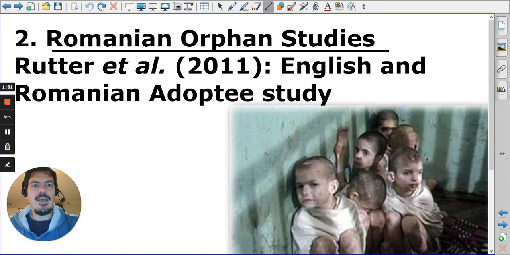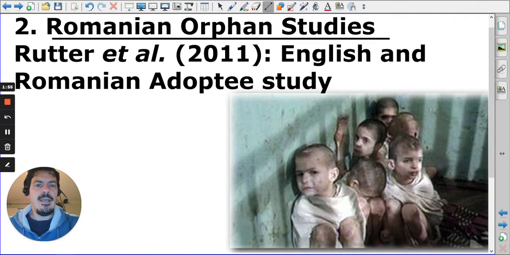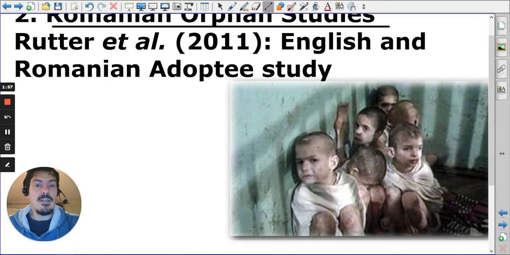Now, of course, a key person in this is going to be Rutter. Remember, Rutter came up previously when we were being critical of Bowlby, and he was saying that Bowlby misinterpreted his understanding of maternal deprivation with privation. So this is a study published in 2011, and you're going to see that this is a longitudinal study